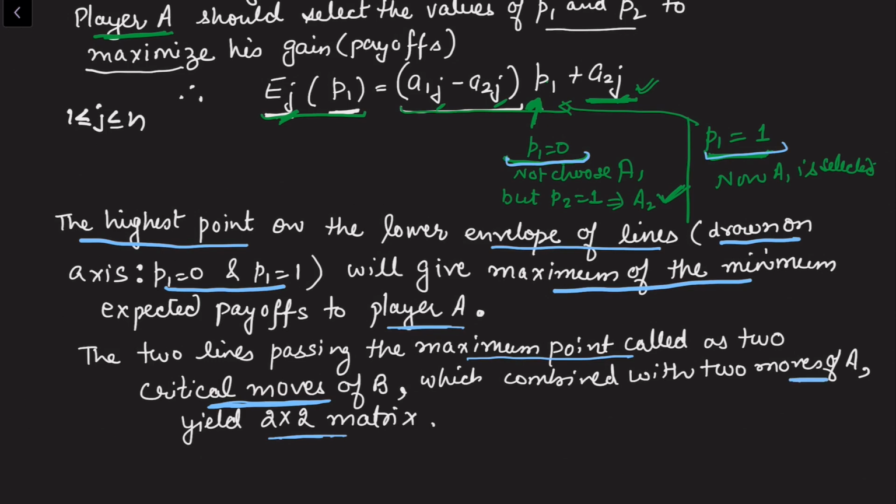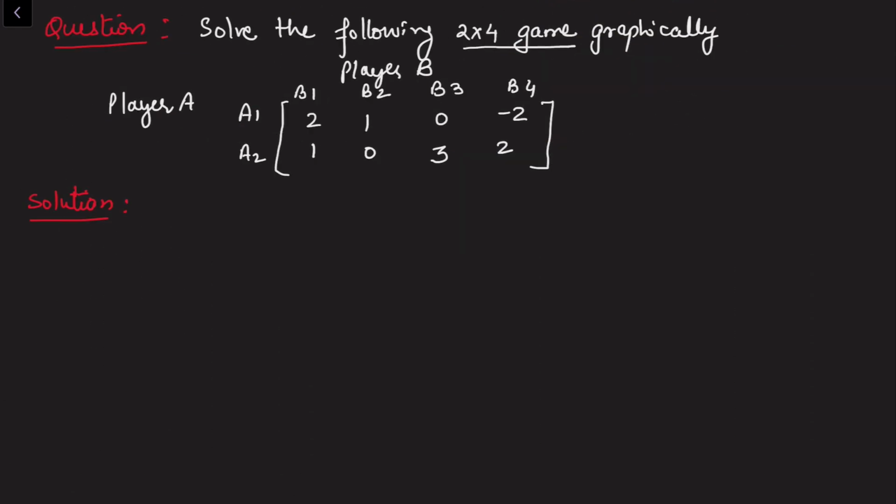Now let us see this whole process in an example for better understanding. In this example, I want to solve this 2 cross 4 game graphically. I have two players, but you can see that player B has 4 moves, so that is why it is 2 cross n. And player A has only 2 moves, A1 and A2. Now let's attach the probabilities to these players. Once attaching the probabilities P1, P2, we can attach here Q1, Q2, Q3, Q4, and I'm going to write B's pure move. So let's write here on this side B's pure move, and based on B's pure move, I can write here the expected payoff for A.